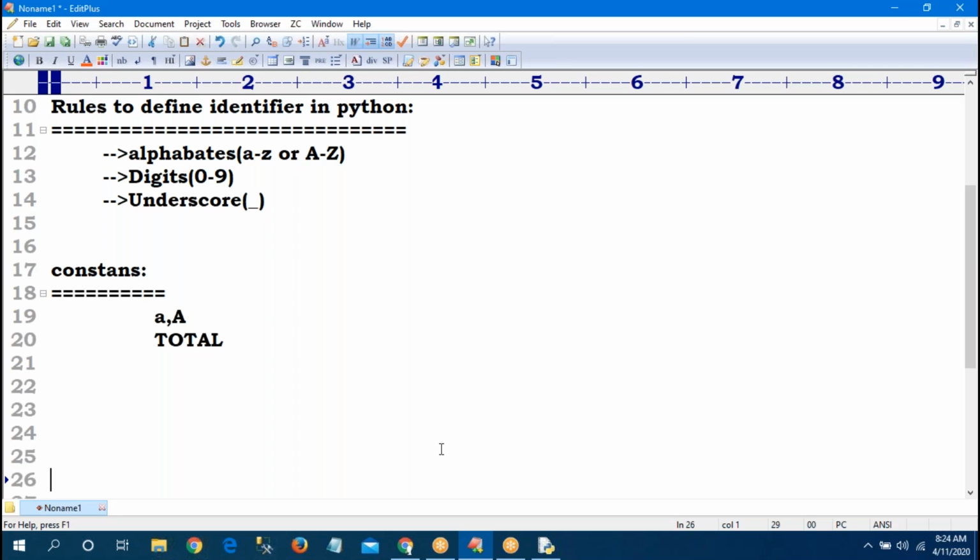So how to declare an identifier? Alphabets, digits 0 to 9, either 0 or 1 or 2 or 9, any numbers you can give, and one underscore symbol is valid. And one more thing is, in Python,